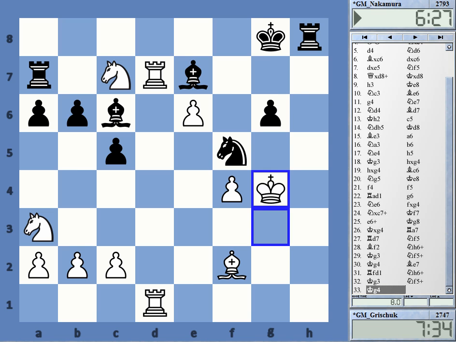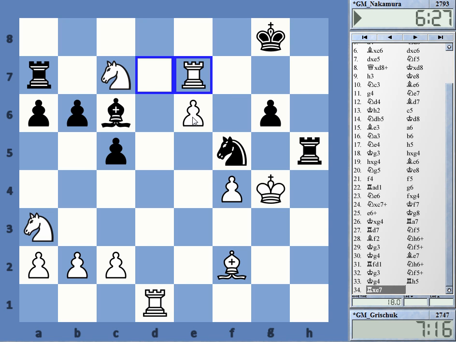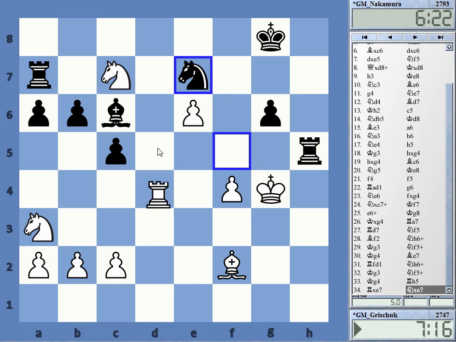A repetition. And here's the moment where probably Nakamura could have won the game with the move rook h5. It's a nice little preparation move that threatens knight h6 check, king g3, bishop h4, winning the house. And it seems that ultimately white is not able to defend against that. For example, if white takes on e7, this is something that is almost mandatory, then rook d8 check,